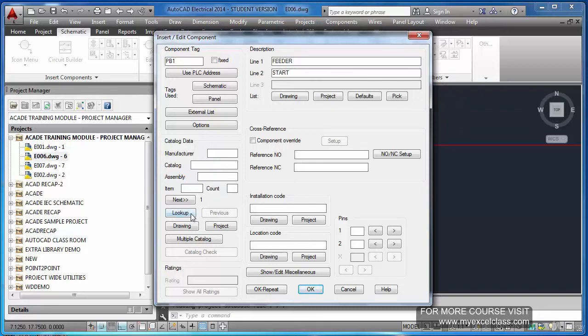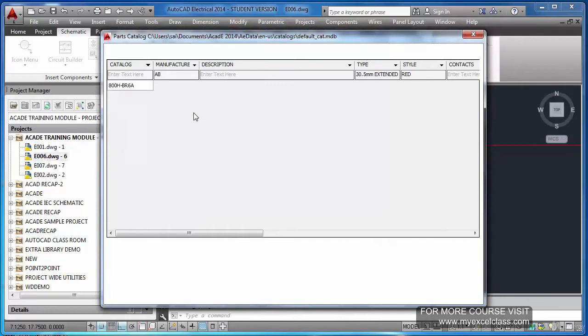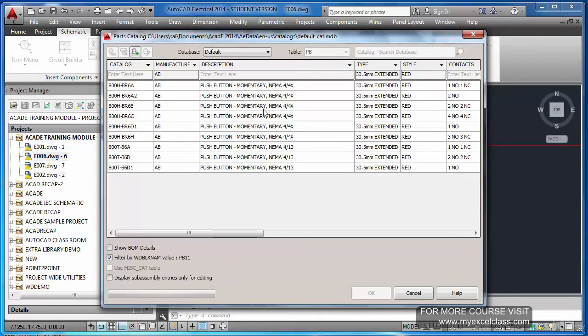In fact, you can look up the catalog. If you click here, it will take you to a catalog which is readily available within AutoCAD, and here also you can create symbols and add those symbols into this directory. That is also very much possible. There are manufacturers.